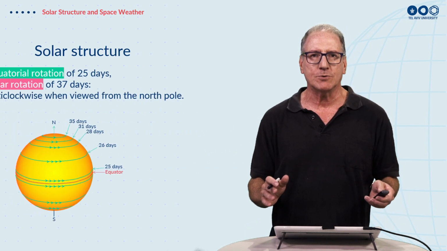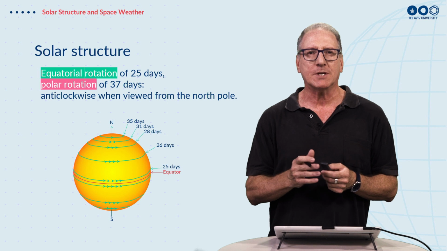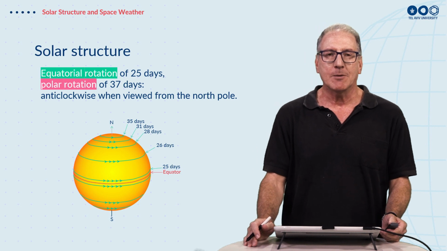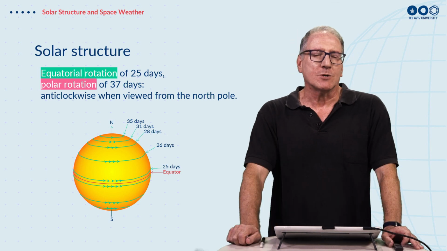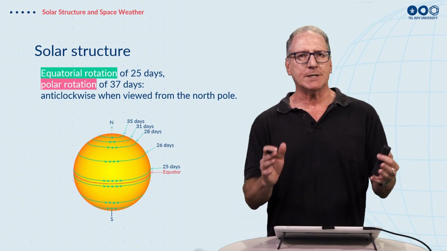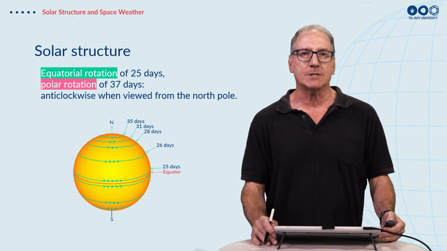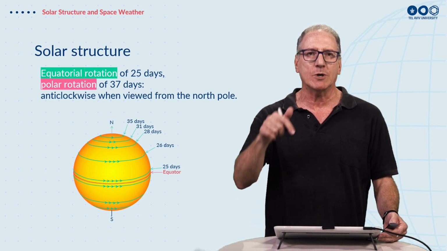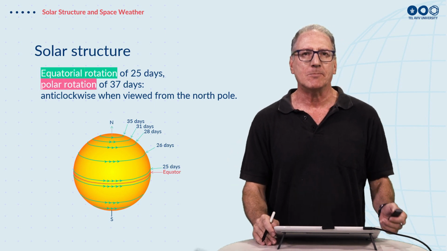And if we want to look at the additional parameters, one interesting thing about the sun is that it's not stationary. It also rotates like the Earth around its axis. But the sun is not a solid body like the Earth. It's basically a ball of gas. So it's interesting that the equator actually rotates much faster than the poles on the sun. At the equator, it takes about 25 Earth days to do one revolution. At the poles, it's about 37 Earth days. And this is rotating in a similar direction to the Earth. If we look at the North Pole of the sun, the rotation is anti-clockwise.